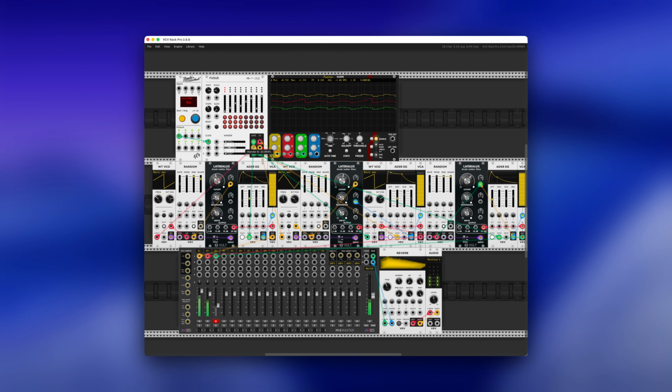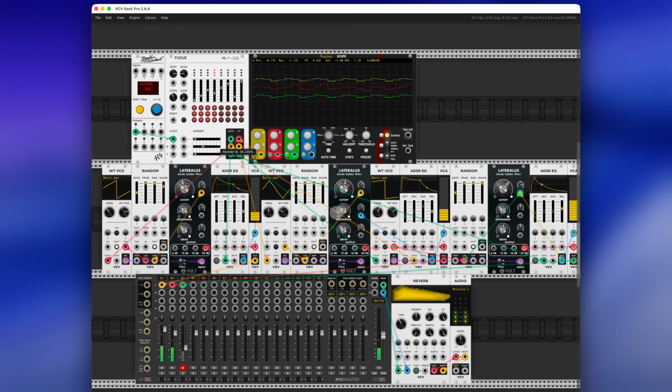And so what we hear is additional notes start to come in on the B sequence. And so Fugue is attempting to find notes that are harmonically related to the primary sequence here, or specifically to the note that's being played on each of the other playheads at the same time. And so if we keep going up here, we'll get a wider set of notes coming in and an increased likelihood of variability into the sequence. If we go all the way to the top, we get chromatic, lots of different stuff coming in,